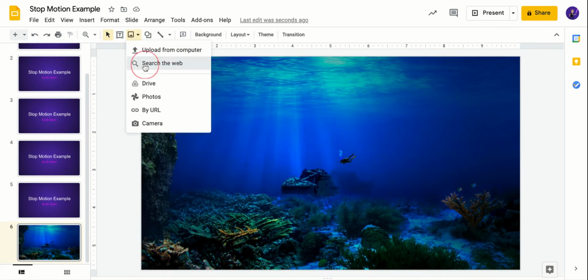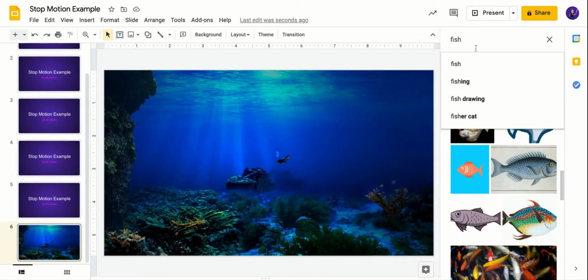I'm going to go back to my search, and I'm going to still search for fish, but this time I'm going to put .png. So I wrote fish, a space, and then .png. The PNG part is a kind of image. Most of the time, PNG images have a transparent background. Not every single time, but you're going to have better luck finding a transparent background if you put PNG than if you don't. You can also search for fish transparent, things like that, but PNG seems to work the best